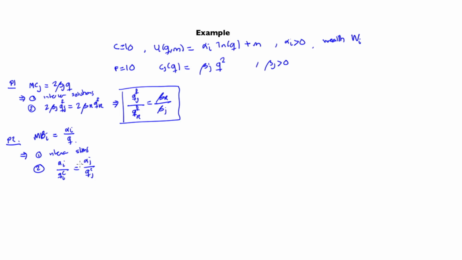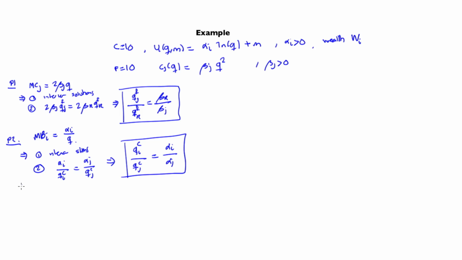That's just the formula of marginal benefit for consumers i and j, which implies that in this case the ratio q_i^C divided by q_j^C has to be equal to alpha_i over alpha_j. In other words, the ratios are proportional to the ratios of this parameter that affects the marginal benefit of consuming